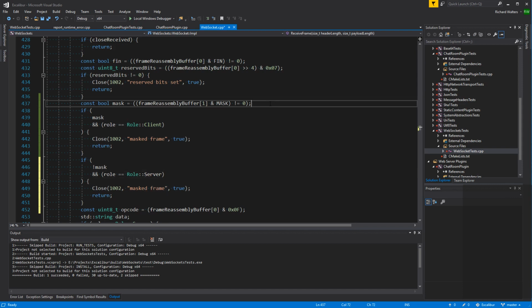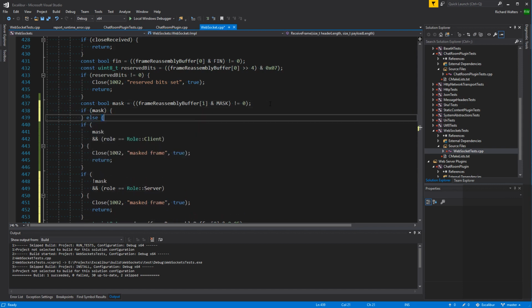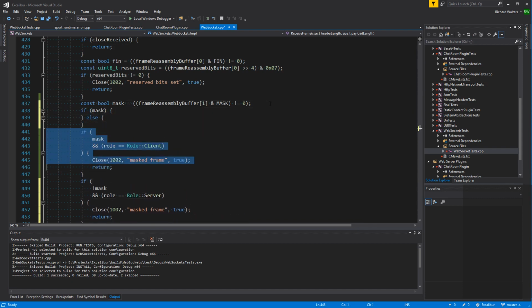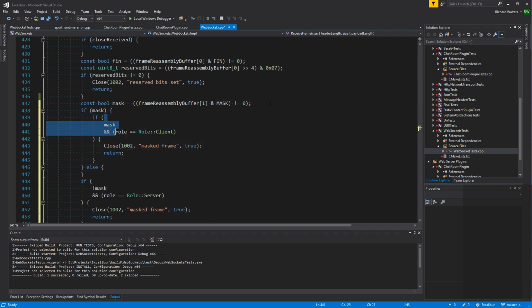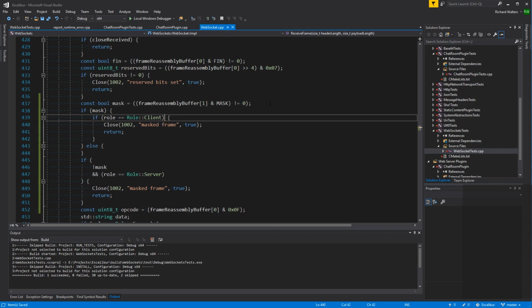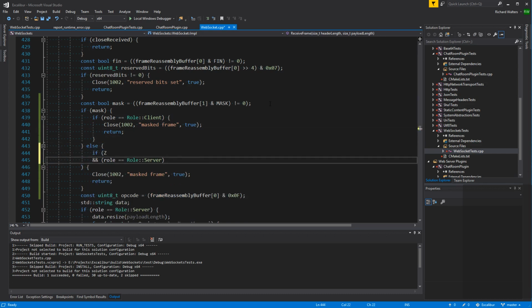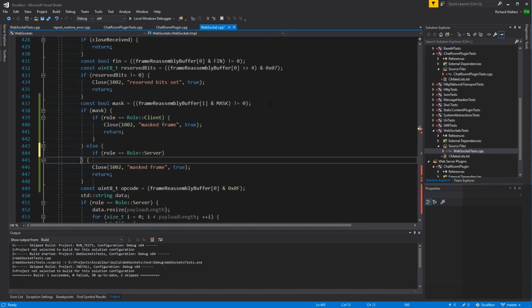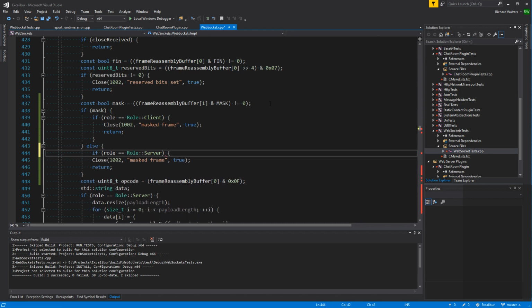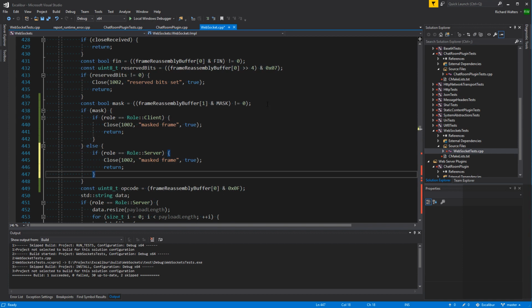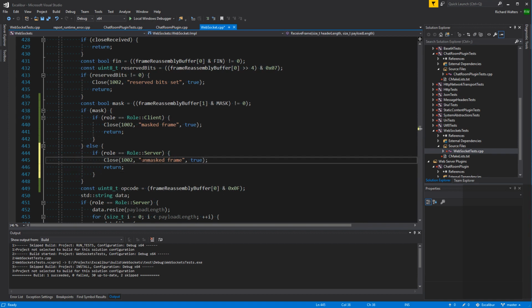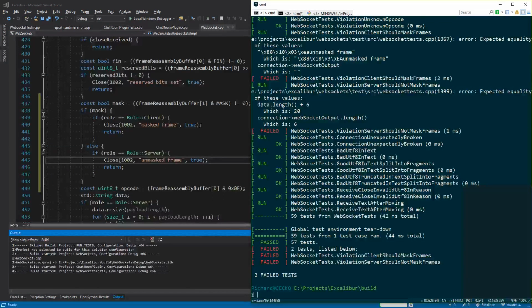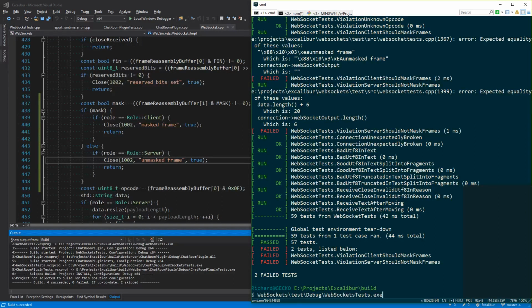Actually, let's make this a little bit easier. We'll say if mask, else, and then we can just say if the role is client, else if the role is a server, then an unmasked frame is a violation. Let's see if that's all we need to do. Nope, I didn't do it quite right.